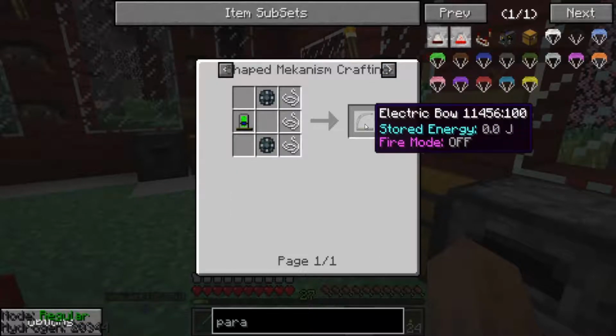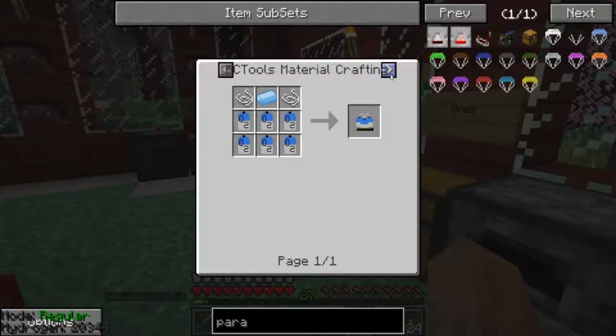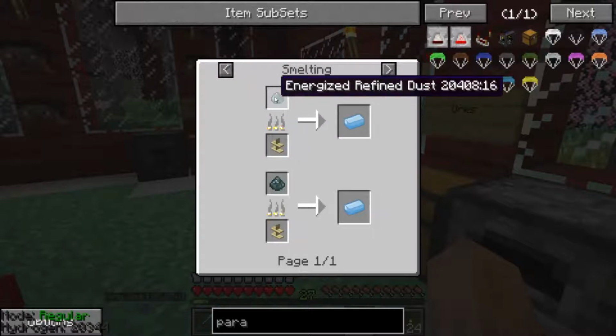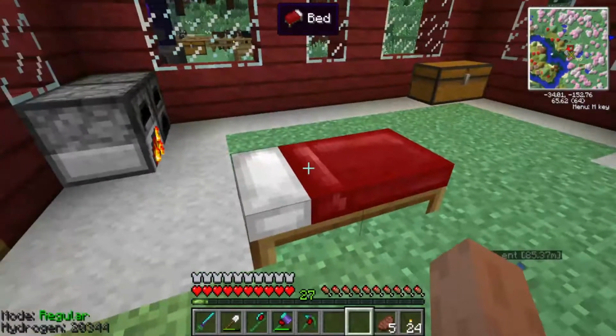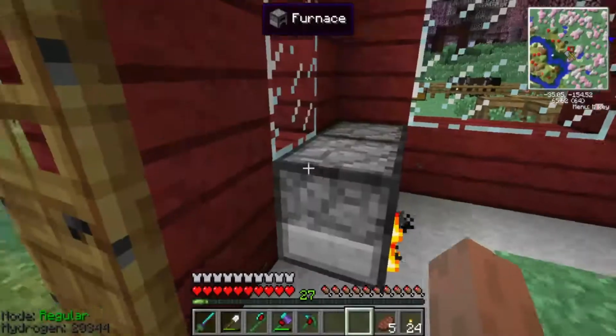Right. What the heck is this? An electric bow? An electric bow? Really? Alright, compressed air provider pack. I don't know what that was. Energized ingot. Alright. Anyway. Right. So, what I'm going to do is...